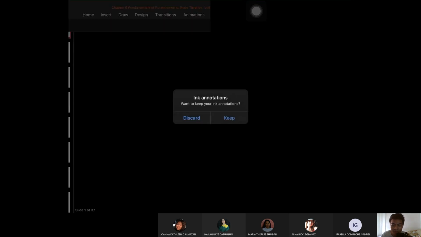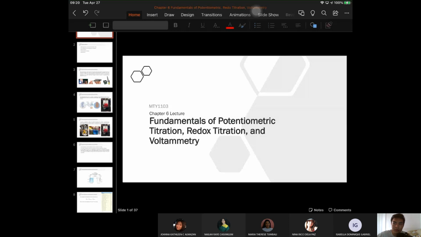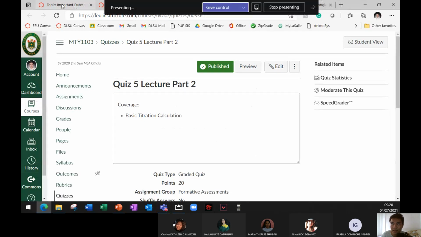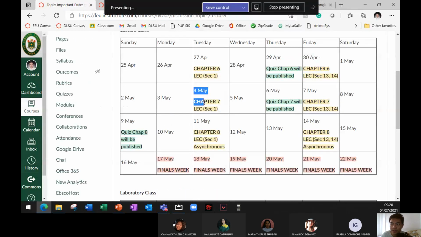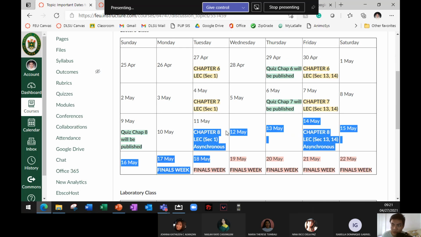Especially sa calculation part. And by the way, this is the last hard topic, no? Last na tong hard topic na to. The next topics will be easier. Okay? Mas madali na yung final topics natin. Itong chapter 7, kulay-kulay lang yan. Yung equation na gagamitin mo dito, dalawa lang. Unlike dito na sandamukal, di ba? Ito, dalawa lang. Then chapter 8, I think isa lang yung equation na gagamitin nito.